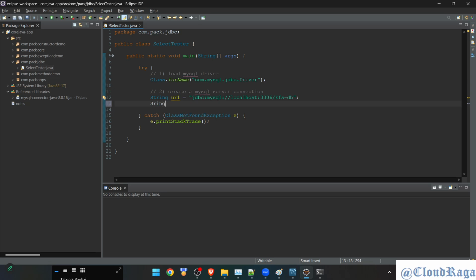Next, after giving the URL, you need to give the username and password. Same thing here: I'll give the username. In my case, root is the username. Next, I need to give the password. When you install, you must have given a password. In my system, the password for the MySQL server is mysql. Okay,